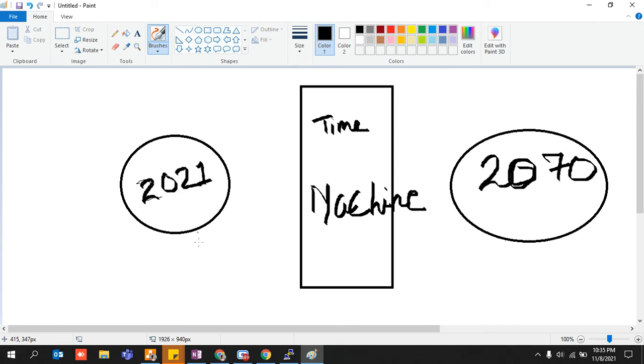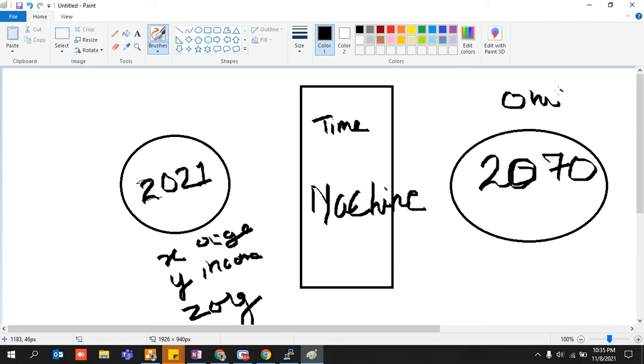Let's say at this particular point of time my age is x, my income is y, and I am working in z organization. Z is my organization, my income is y, and my age is x. Somebody told me, just go into this time machine and reach this particular place. Let's say reach Ohio in 2070.